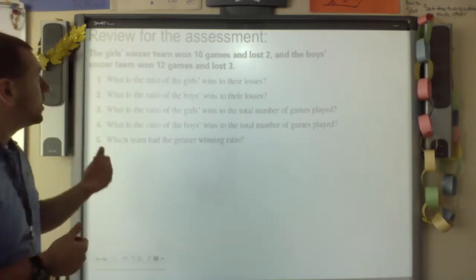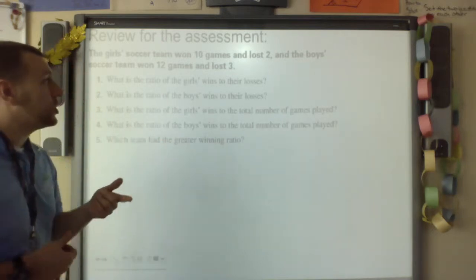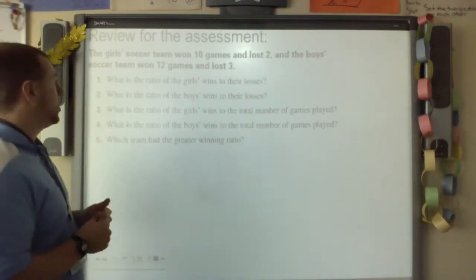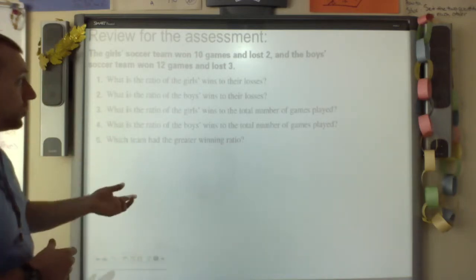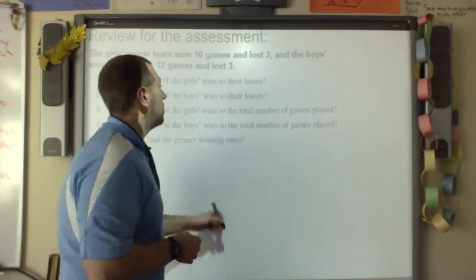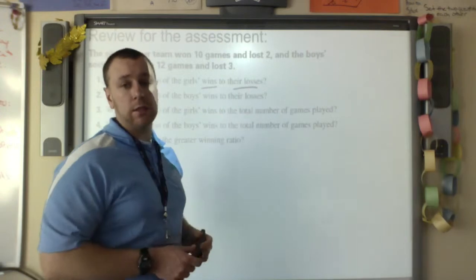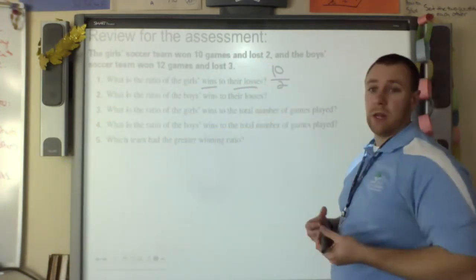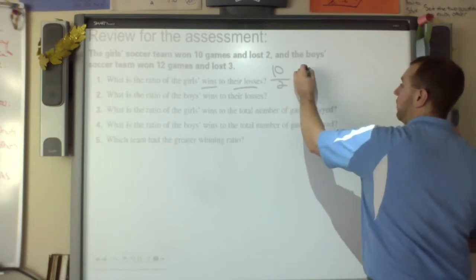The girls soccer team won 10 games and lost 2. The boys soccer team won 12 games and lost 3. So what is the ratio of the girls' wins to their losses? So it's wins to losses. That would be 10 over 2, which I would then reduce down to 5 over